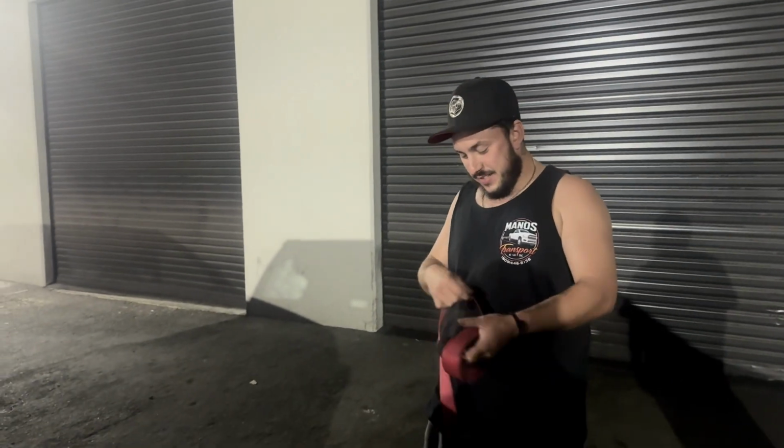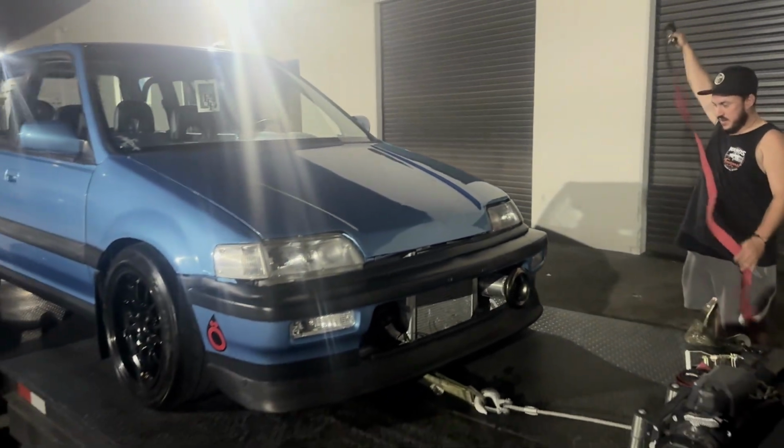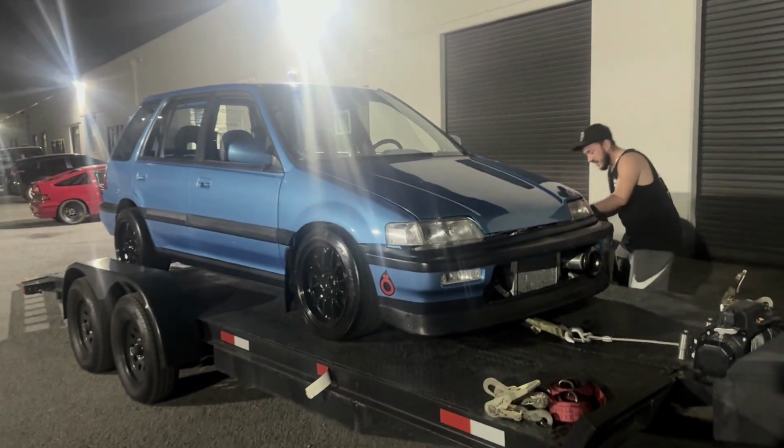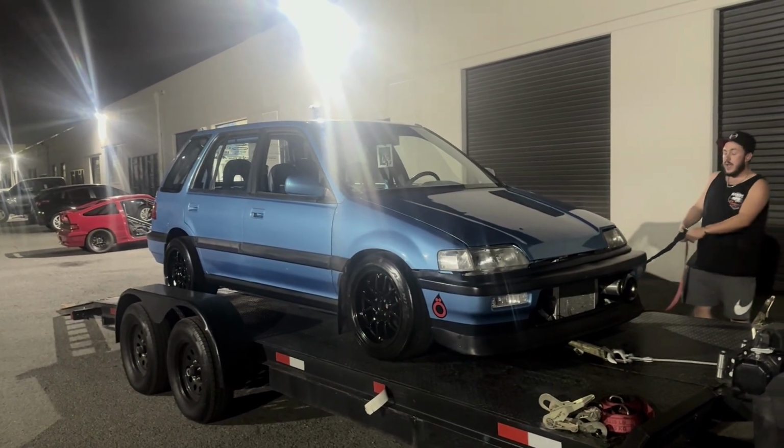That shifter scares me. So are you happy? Yeah, finally. That shifter scares me though, because it's... We'll fix it. I feel like this is going to break. Nah, you've got to put Loctite on all this, and I don't think you can put it on that one because that was the